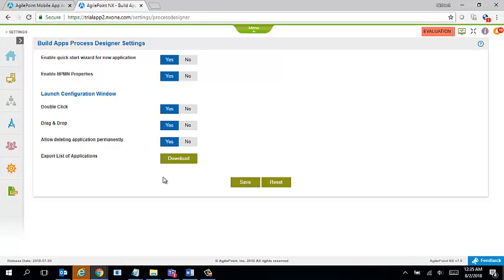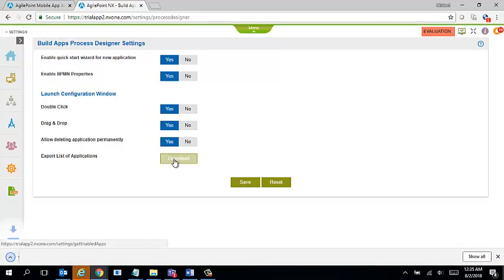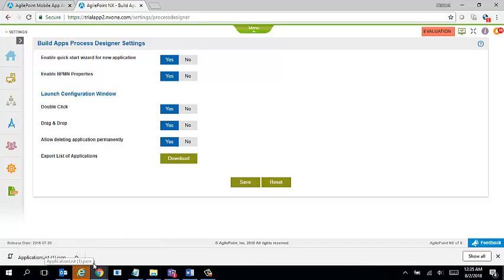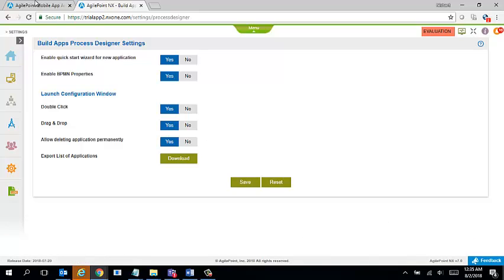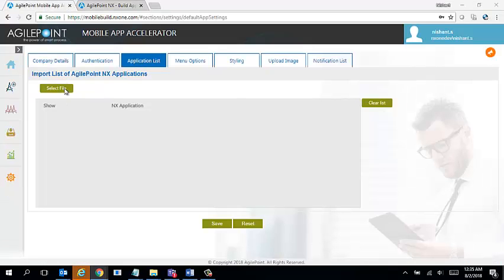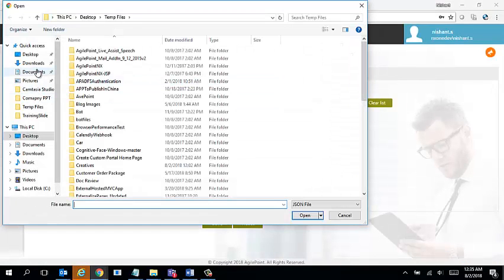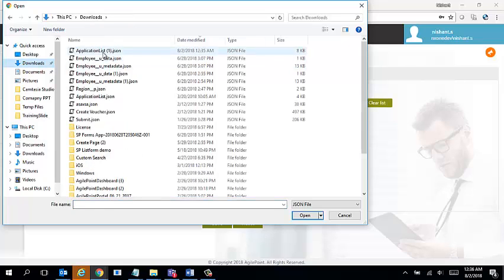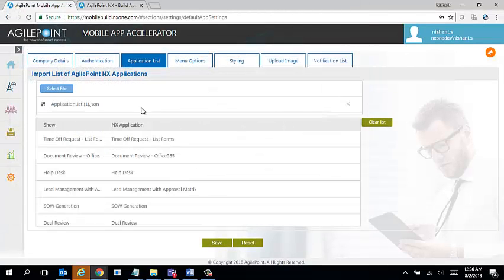And you'll see a new button over here called Export the List of Applications. I'm going to click Download, and you see it exported the list of applications for me. So I'm going to go here, I'm going to select a file. So all the list of applications are now available.